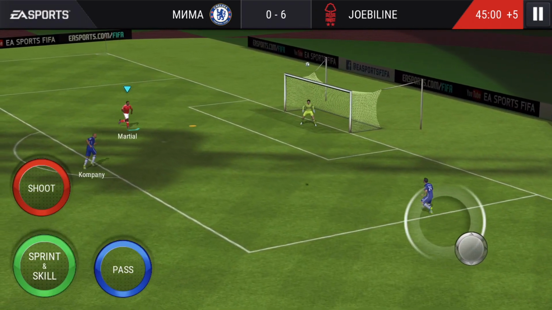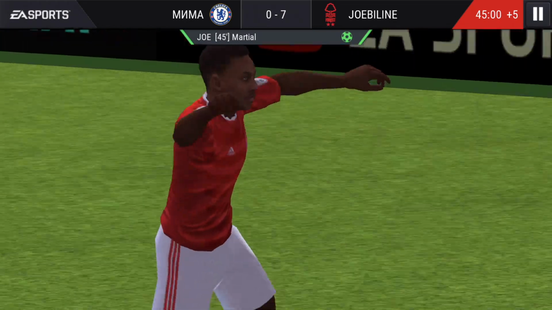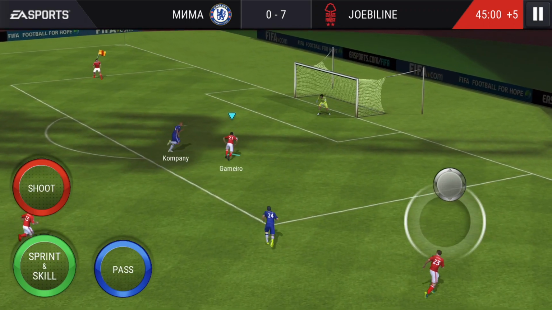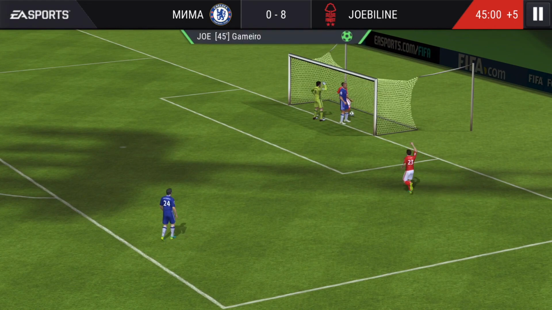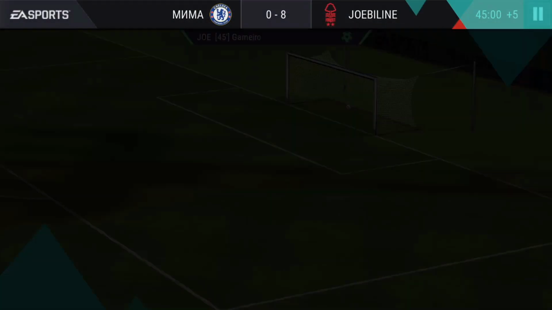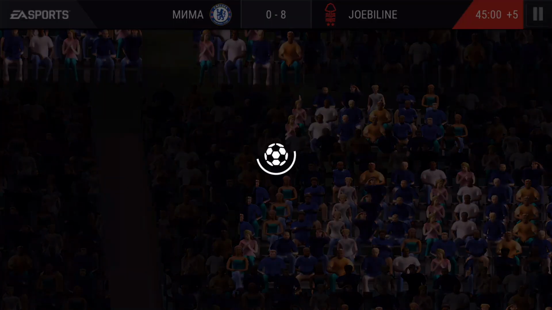I about fell asleep. Martial, take a touch, bang, bang. Diego Alves got no chance. Diego Alves has got a lot better recently as well. Before, I didn't really mind too much about coming up against Diego Alves, but more and more recently, he's just been getting better and better. There he's tried to make a save, but he couldn't quite make it. Gameiro's 95 shot power proved too much to handle for Diego Alves there, and that's a very strong first game